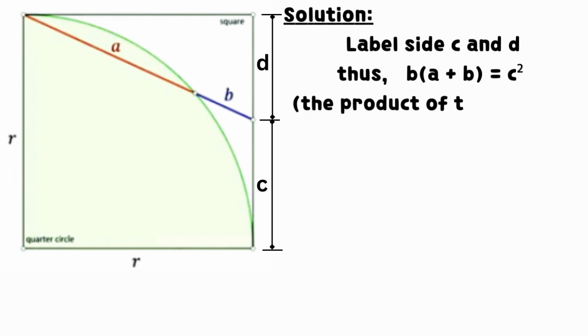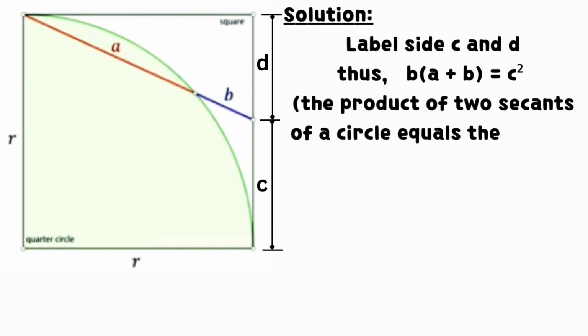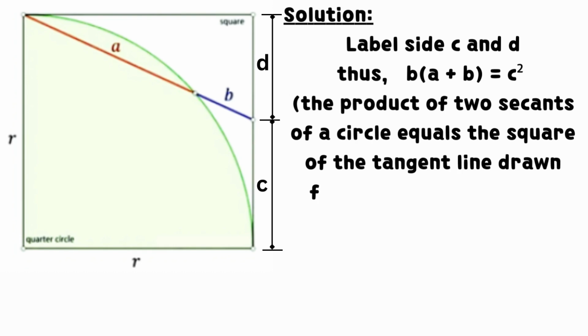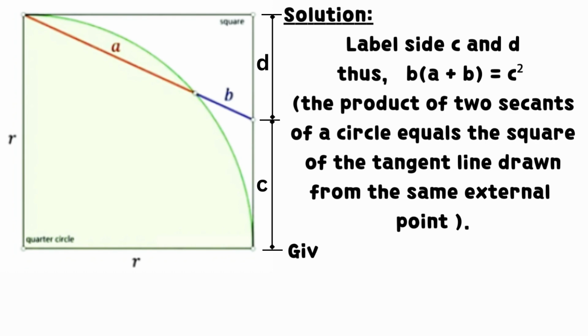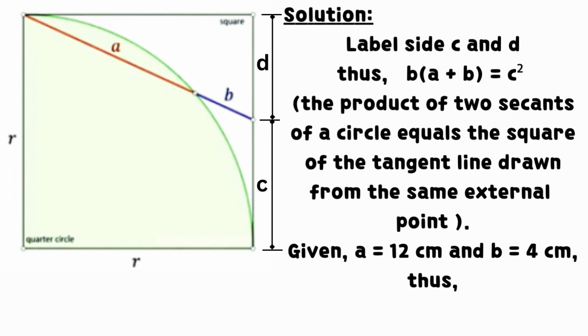Thus, the product of B and the sum of A and B equals the square of C. For simplicity, the product of two secants of a circle equals the square of the tangent line drawn from the same external point. Given that A equals 12 cm and B equals 4 cm. Hence,